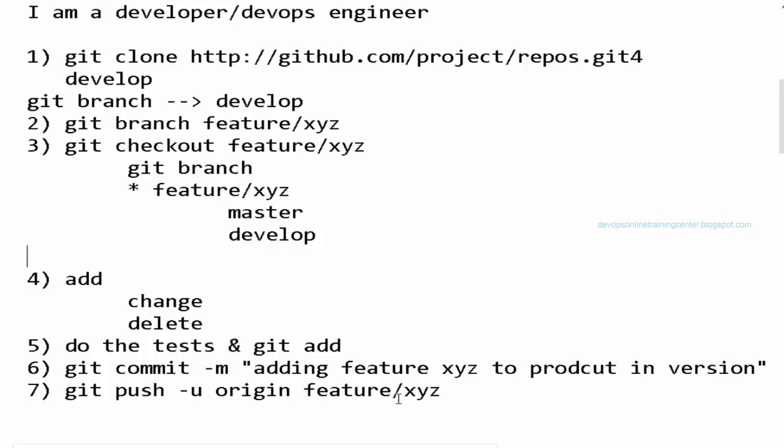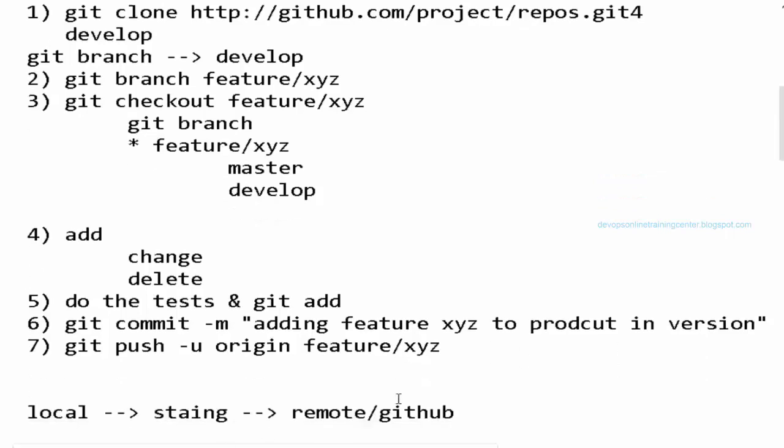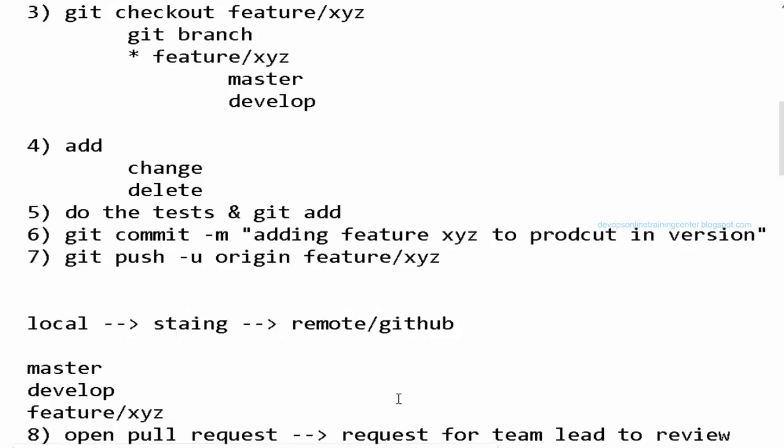Okay. So this number 7, it will push your files and also create the feature branch, right? Both things. Yes, it will create the branch, and then push all changes to the remote branch. Okay. Now number 4, when you say git add, the add command is basically saving the file, right? Kind of making the history. It's like tracking the changes. It is just to tell what files we modified.